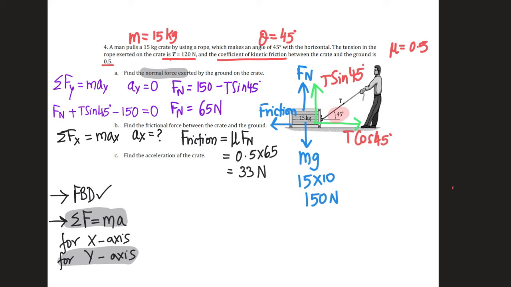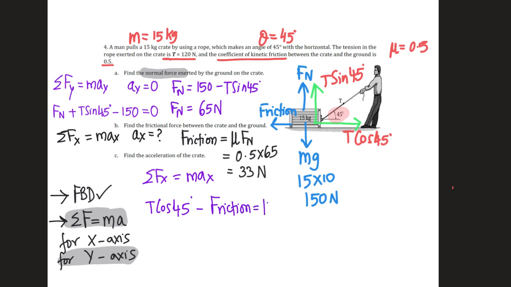Now in the next part, we want to find acceleration. That means we have to find the acceleration of the crate in the x direction. So let's use sigma Fx equal to max. In the x direction we can see that there is friction and there is T cosine 45. So we have to find the net force. T cosine 45 will be positive because it's towards the right and in the direction of acceleration, minus friction